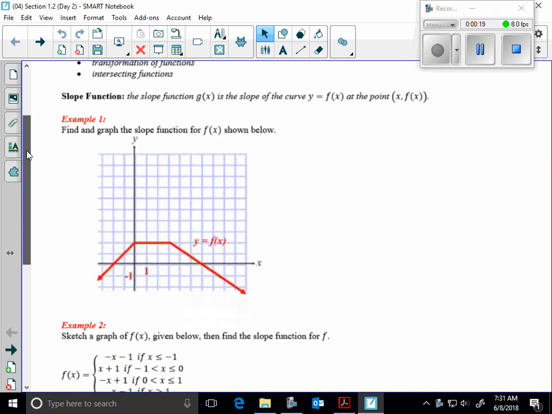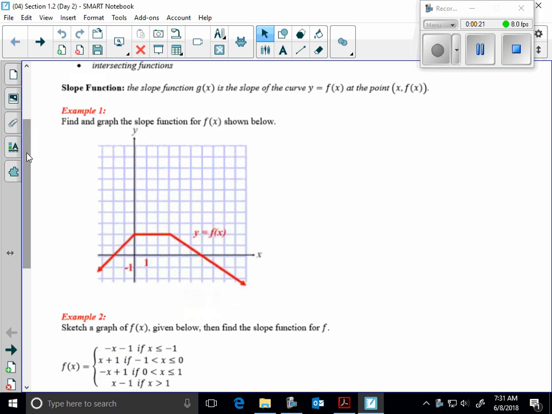So g of x is a slope function representing the slope of f of x. So let's take this and analyze this for a moment. This portion of the graph has a different slope than this portion, which has a different slope than this portion. So when considering that, if I were to graph the slope of the function